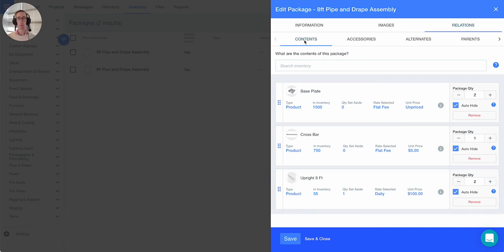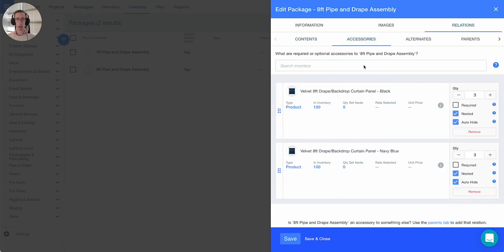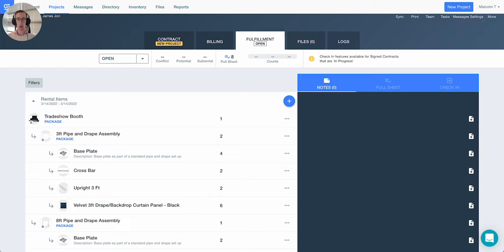The important thing to keep in mind is contents is where we're going to include everything that will always need to go along with this pipe and drape setup. For things like the drape itself, or if the color may change, what I would suggest is come into accessories here toward the right, and this is where you can add in the different colors of pipe and drape that could go along with this specific assembly. To show you here back on our example project,